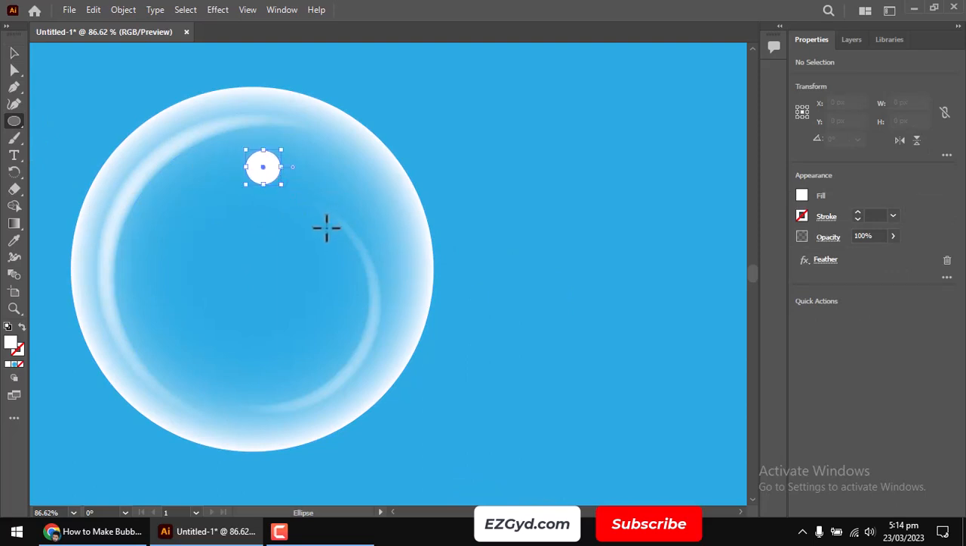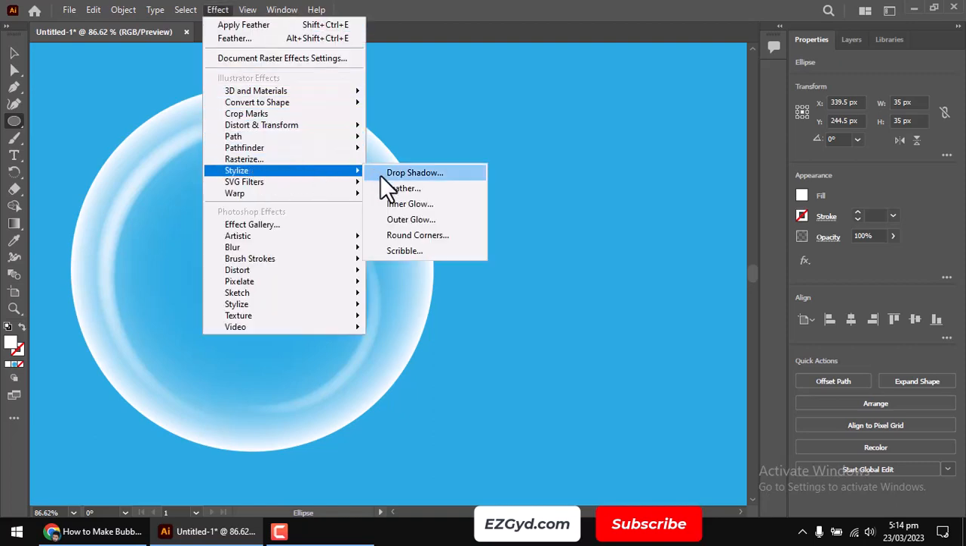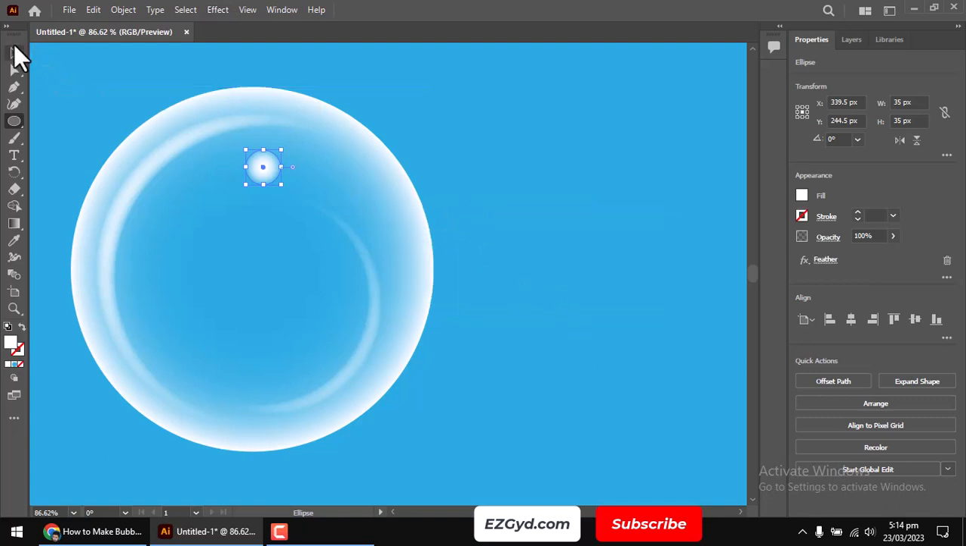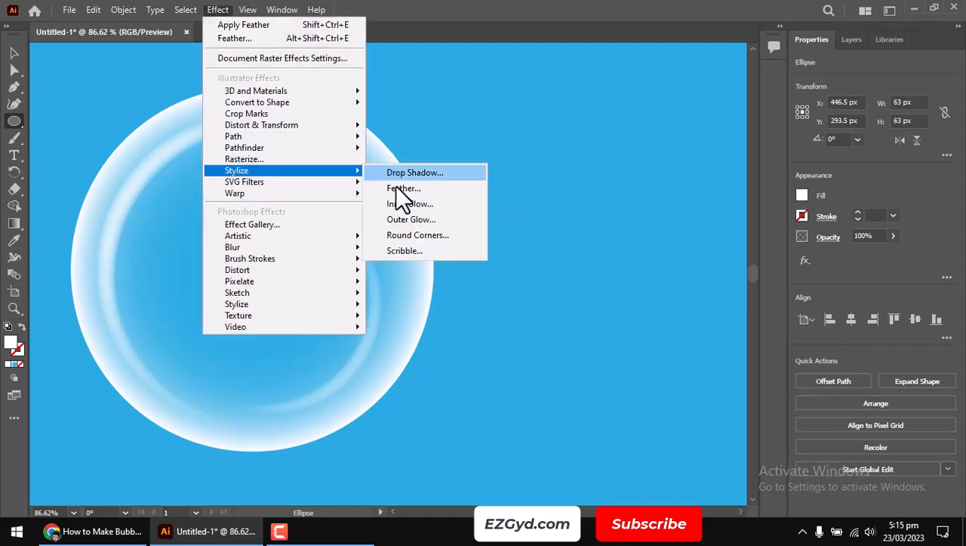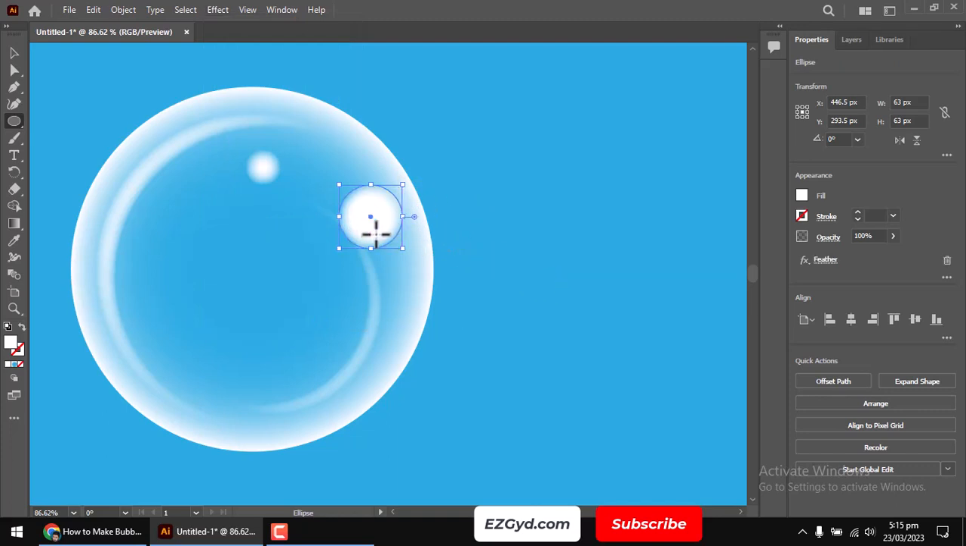Now make simple circles. Go to stylize, feather. I am creating another circle to give it a realistic effect. Again go to feather and select your desired feather. Lower the opacity to adjust